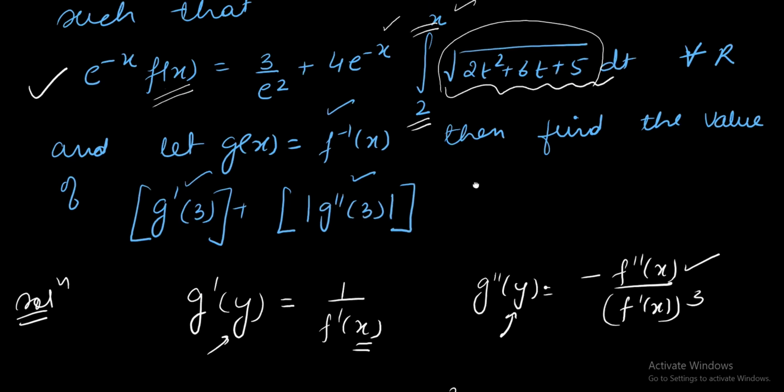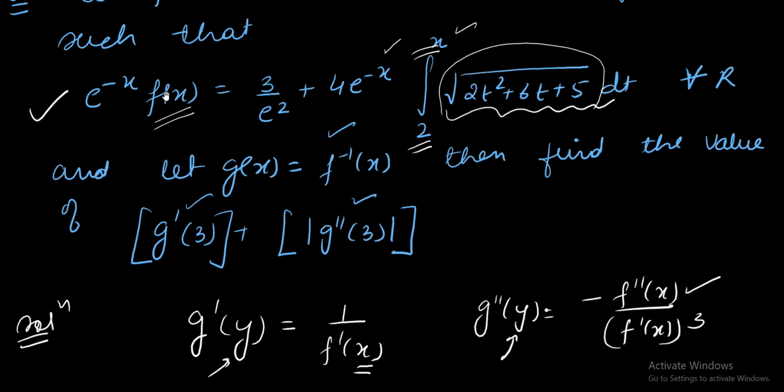सो हमारे पास जो फंक्शन है ये रहा. ठीक है, फंक्शन का f dash निकालना है तो मैं e पर माइनस x को यहाँ से सेपरेट कर दूंगी, बिकॉज नहीं तो क्या होगा, प्रोडक्ट रूल की वजह से बार बार fx आता रहेगा, राइट? तो हम e पर x से मल्टीप्लाई करके दोनों साइड,